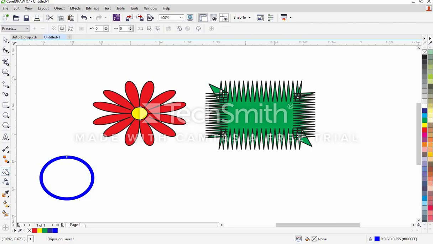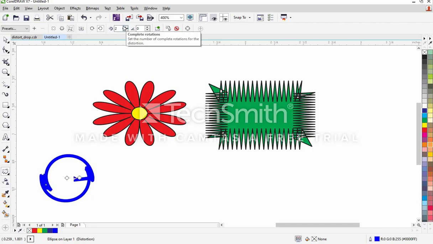Then I apply the distort tool and choose this particular distortion, that is twister distortion. Once I choose this, there are 2 directions, that is clockwise direction and anti-clockwise rotation. I will choose clockwise, and the number of complete rotations I'll choose to be 2. So this is what appears. So you can see this distortion,